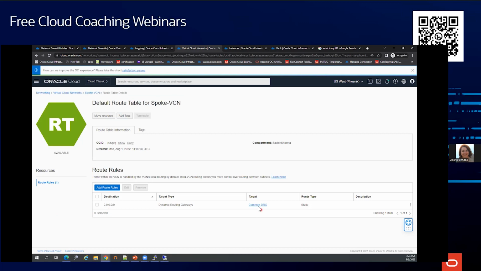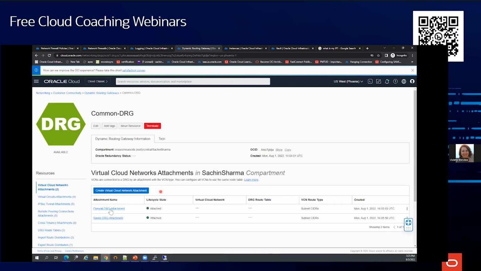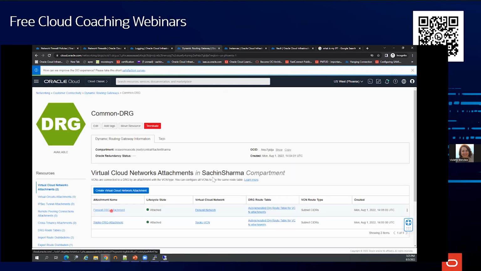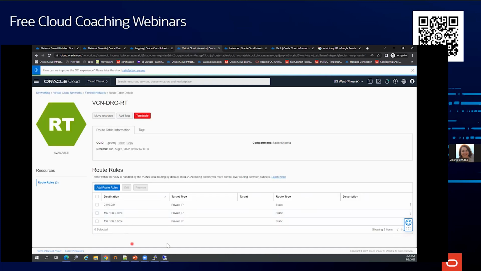When I go to the dynamic routing gateway, there is the common DRG, and you can see the attachment for my firewall VCN, that is the firewall DRG attachment. What route have I set up? This is the VCN route table for the DRG. When the traffic reaches my dynamic routing gateway, a default route is there for 192.168.1.135, that is my firewall device.